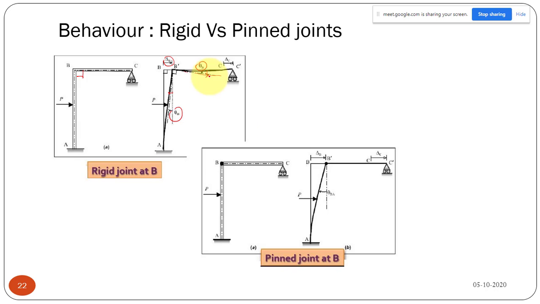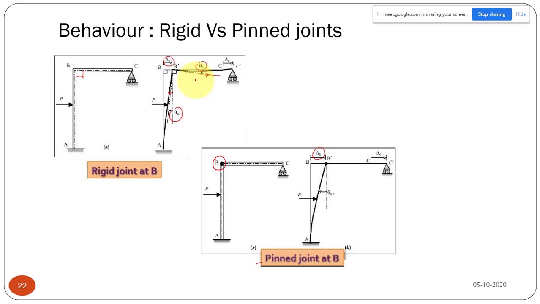But if I take this joint as a pin joint, like in a truss, and I am applying the same load like this, what will be the difference? If it is a pin joint, I am applying the load only to the column. Of course, the two members are connected together, but it is a pin joint. It has to deform, and there will be some displacement. The displacement must be the same. The beam is moving this much length, and the column top is also moving this much length. The translation displacement will be the same if you have a pin joint, like in the case of the rigid joint.